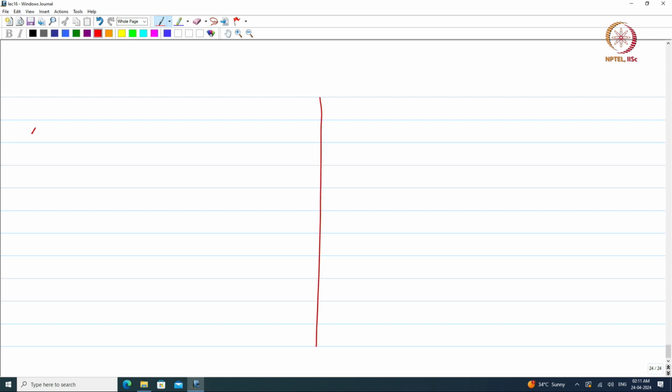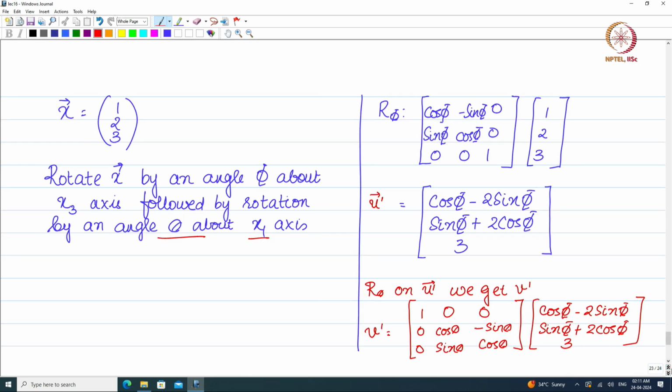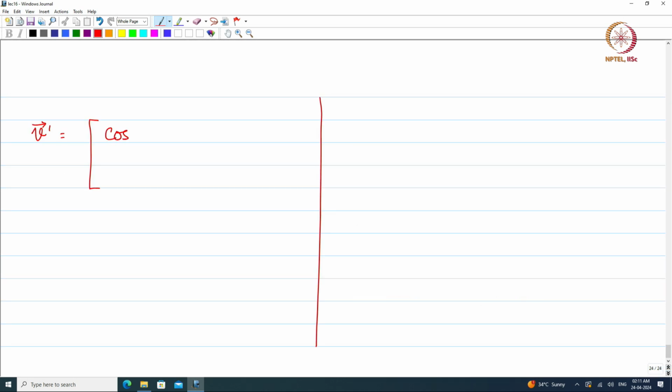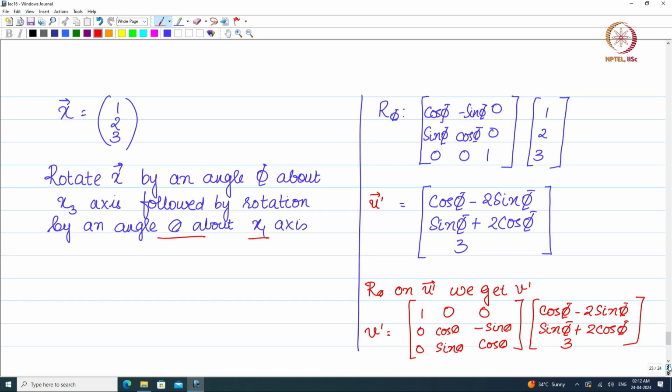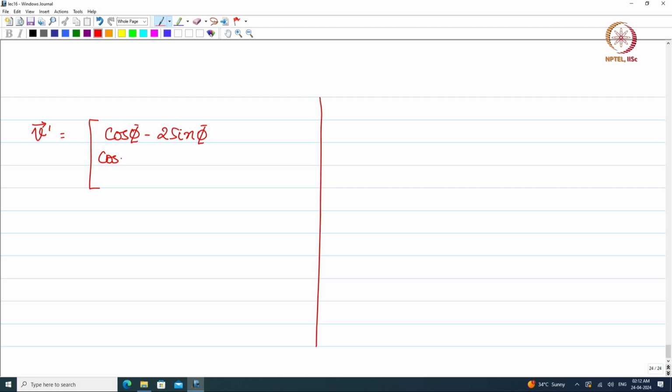V prime is equal to, if you see, cos phi minus 2 sin phi remains the same. The second component is, the first component is 0, cos theta into sin phi plus 2 cos phi